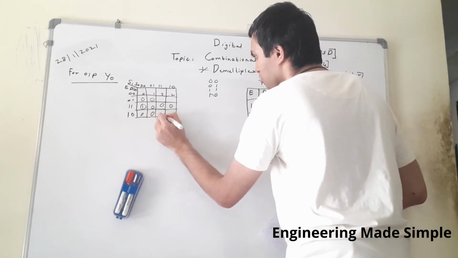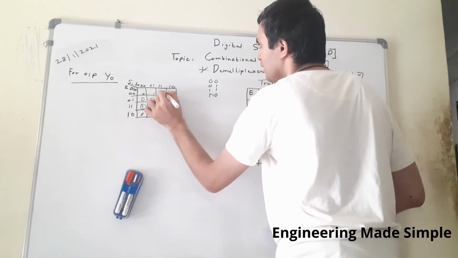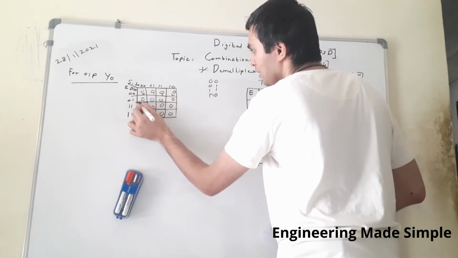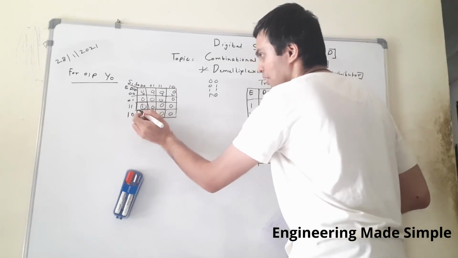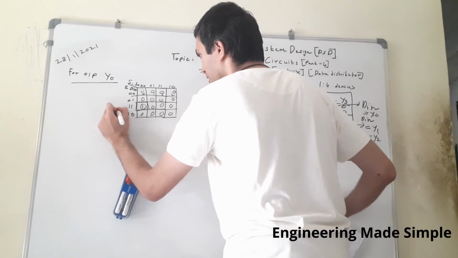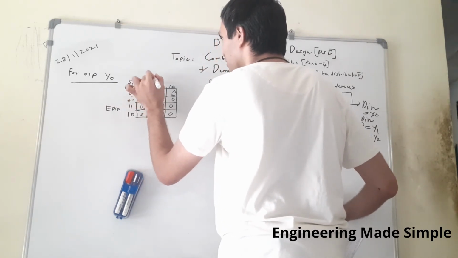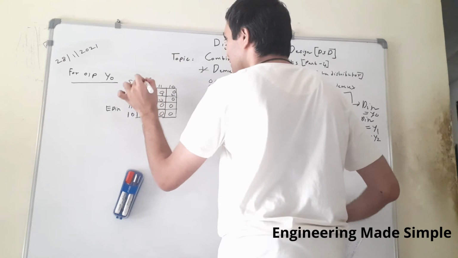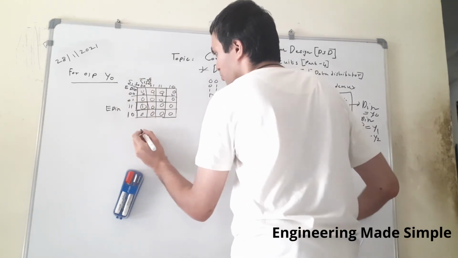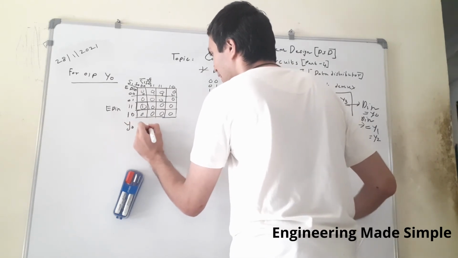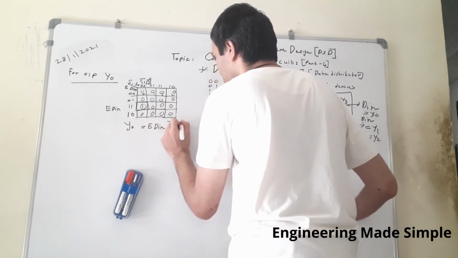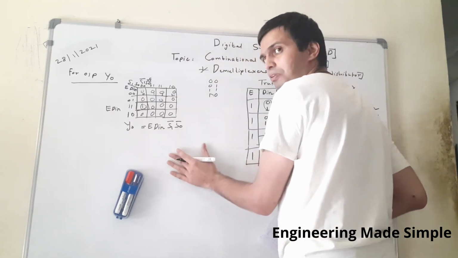And as there is no grouping possible, we will only read the intersection wherever there is encirclement of this particular min term. So what does this one term signify? 1 1 signifies ED in. And here also check this particular column entry. It's for your S1 bar and S0 bar because it is 0 0. So what will be your output y0? ED in S1 bar S0 bar. So this was for your output y0.